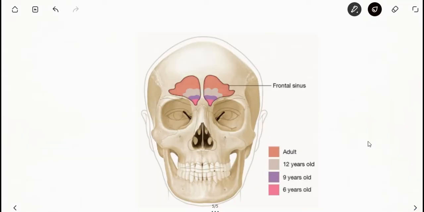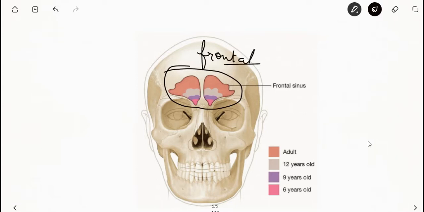The frontal sinus lies in the frontal bone, deep to the superciliary arches. It extends upward above the medial end of the eyebrow and backward into the medial part of the roof of the orbit. It opens into the middle meatus of the nose at the anterior end of the hiatus semilunaris, either through the infundibulum or through the frontonasal duct.